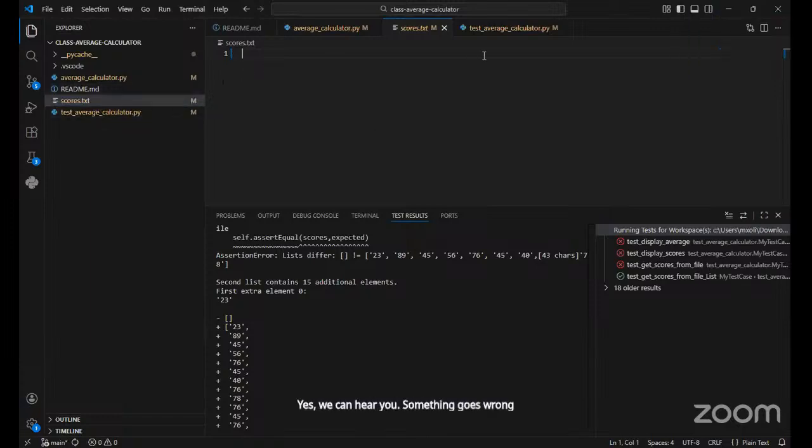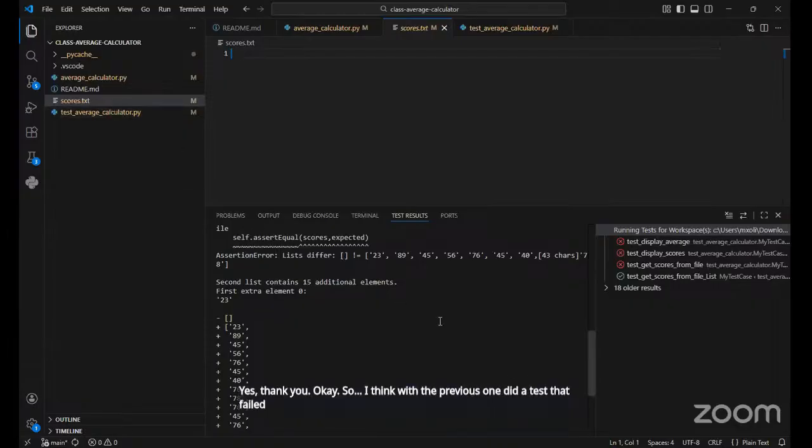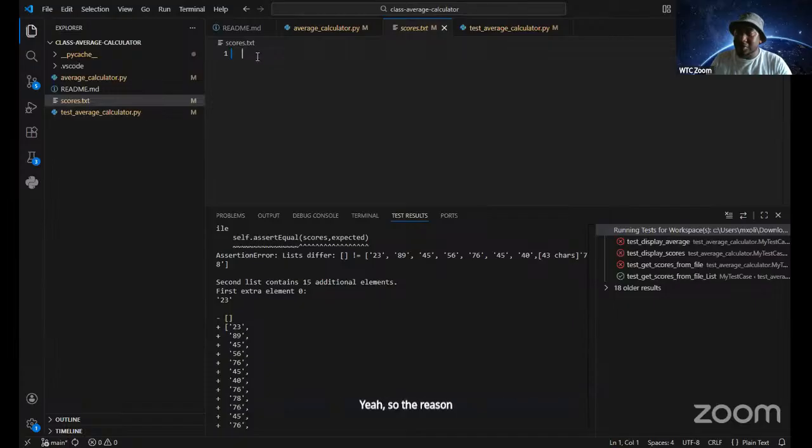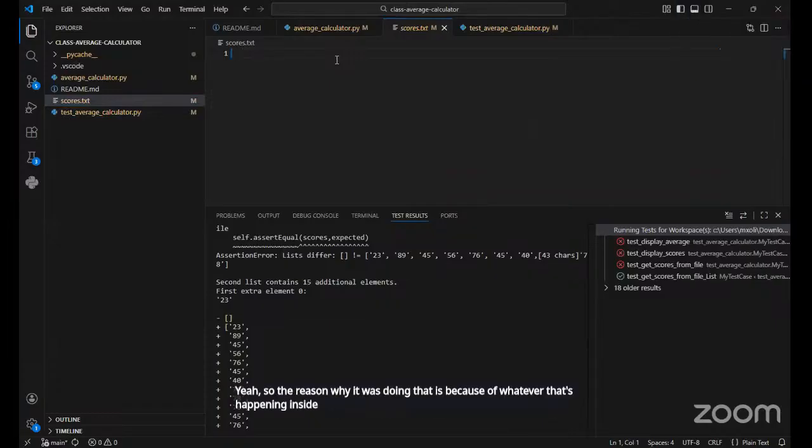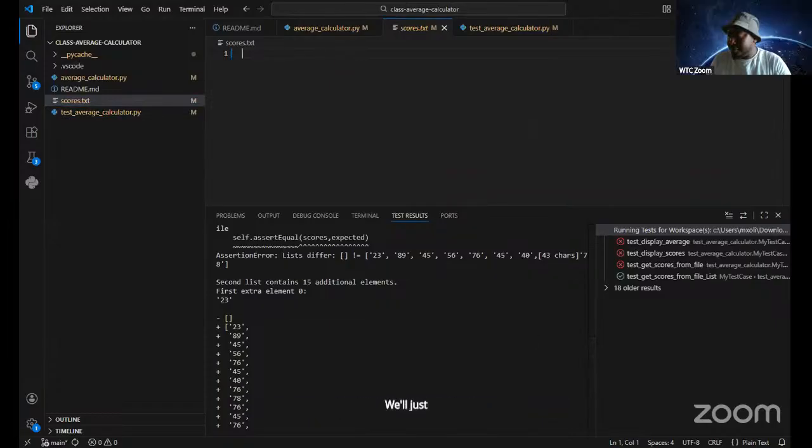Okay. So I think with the previous one, there's a test that failed. Yeah, the reason why it was doing that is because of whatever is happening inside this text file. We'll just fix that in a moment.